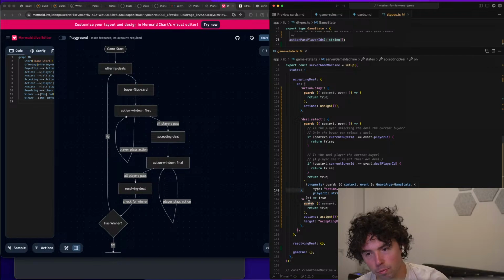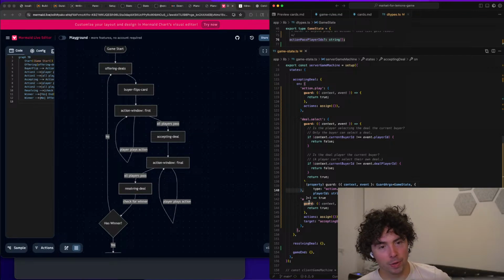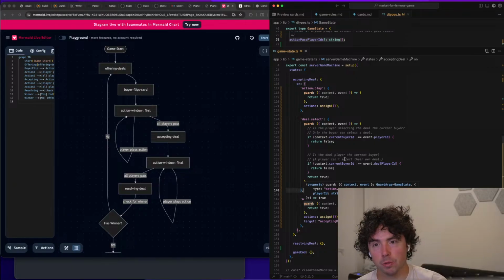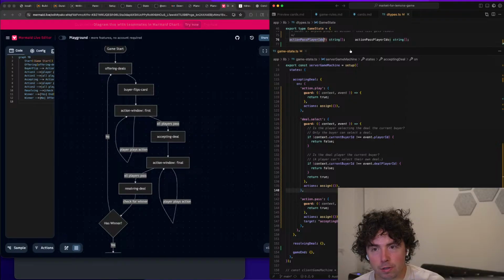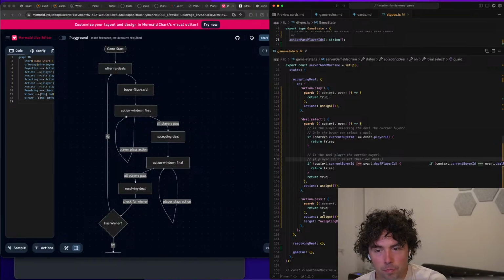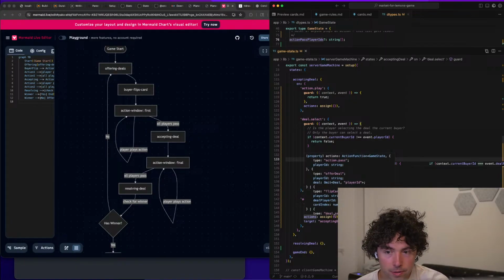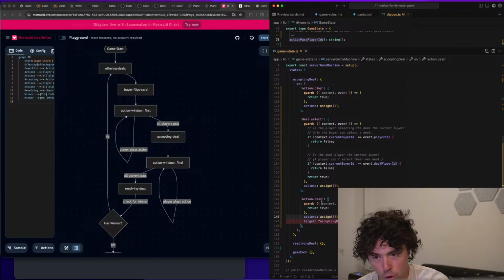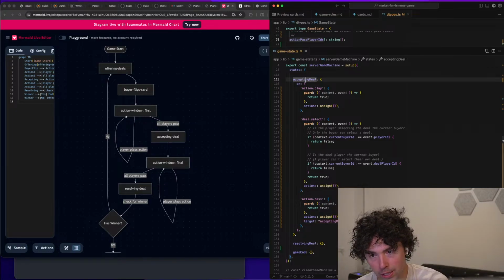So we need a guard for accepting the pass and pushing that user into our action pass player IDs list. Then, depending on if it's full or not, we need to either loop back into accepting deals or